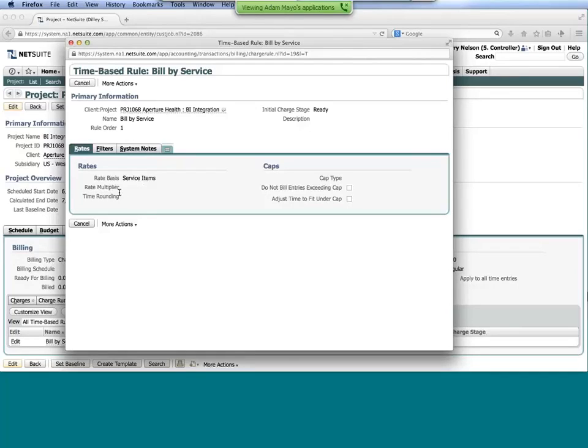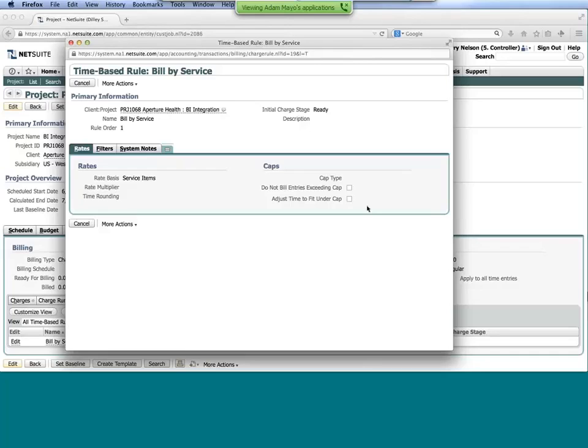Also having the ability to add things like multipliers on top of that or rounding. Caps is another one, so being able to specify not to exceed type amounts. So perhaps we can bill out $40,000 worth of time, but once we reach that cap, we don't want to bill it out anymore.